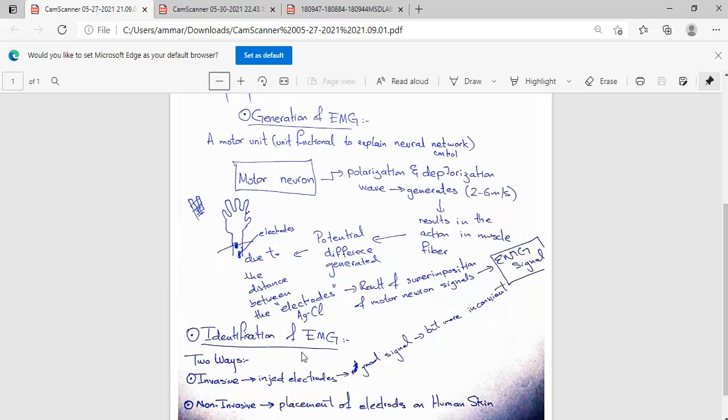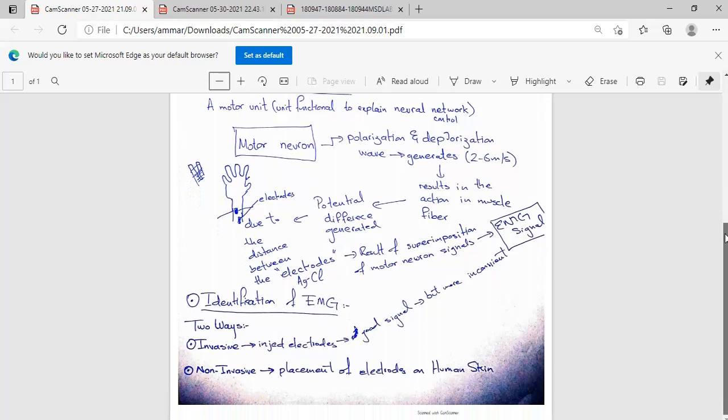There are two types: invasive and non-invasive. Invasive is when you inject the electrodes or sensors under the skin. We have also done that comparison to decide which is the best option, invasive or non-invasive. Invasive electrodes are very painful and inconvenient, because injecting them into the skin could be very risky, a very hard job to do.